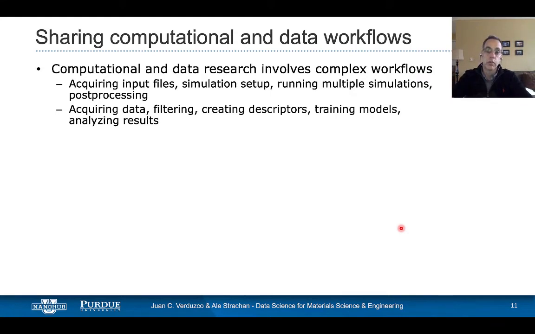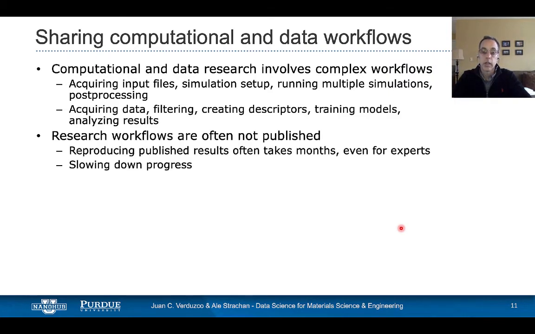These workflows are often not shared and poorly explained in publications. So even for experts, reproducing the results in a publication can take months because there are gaps in these workflows.